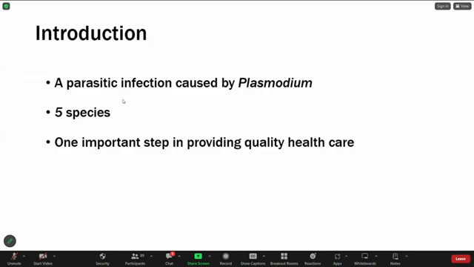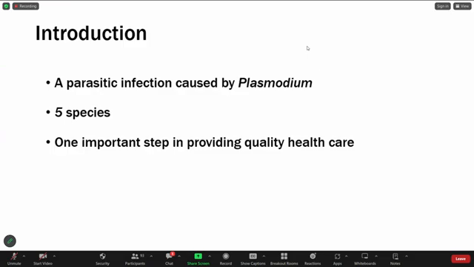As an introduction, malaria is a parasitic infection that is caused by Plasmodium. Currently, in Uganda, there are 5 known species, that is Plasmodium falciparum, Plasmodium malariae, Plasmodium vivax, Plasmodium ovale, and Plasmodium knowlesi. But if we do the lab diagnosis very well, that is a very important step in providing quality health care,